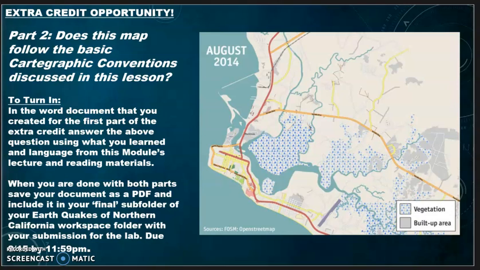Okay, so we've come to the end of this lecture video, and I'm just going to briefly go over the second part of the extra credit opportunity. We'll look at this map here, and I want you to answer, does this map follow the basic cartographic conventions discussed in this lesson? Again, you'll be working from that Word document that you created with the first part of the extra credit opportunity. And so just as a second question,